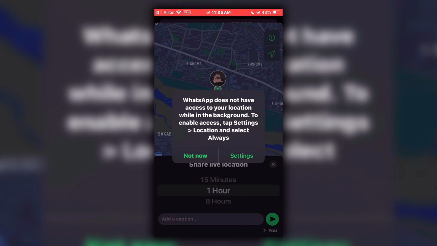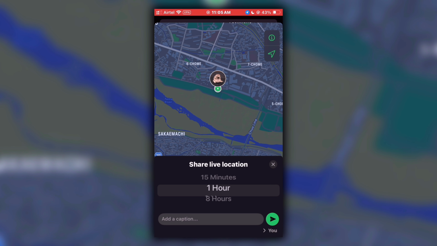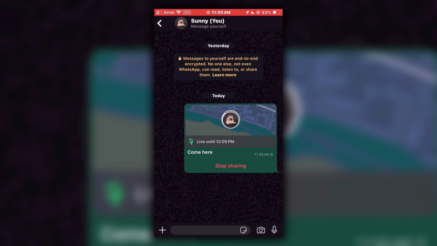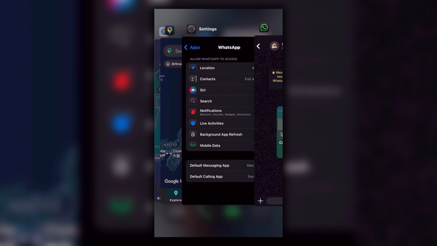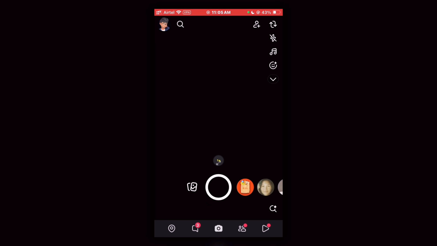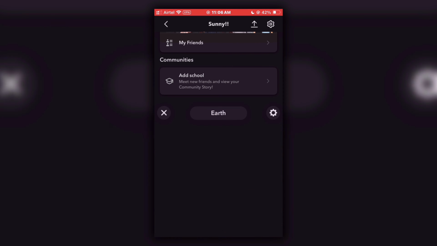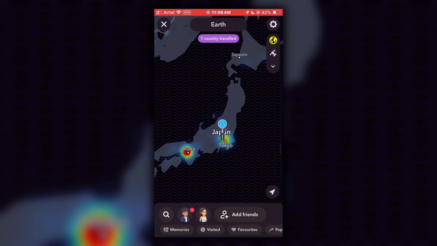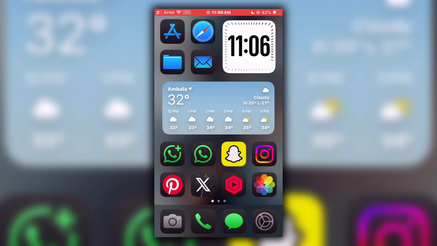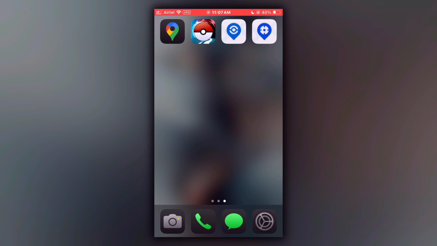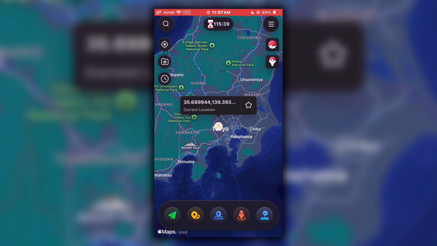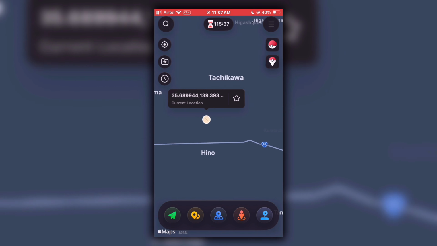you can see here. And not only WhatsApp, your location will be modified on Snapchat, on Tinder, on your Pokemon Go app, and every app that uses your location, as you can see here on my screen as a proof. And not only the location changing feature, iAnyGo app offers a lot of features related to location change.